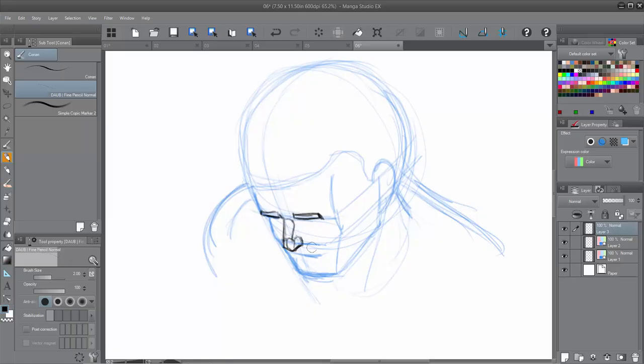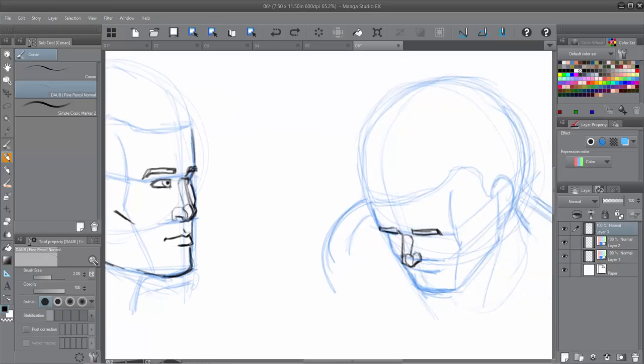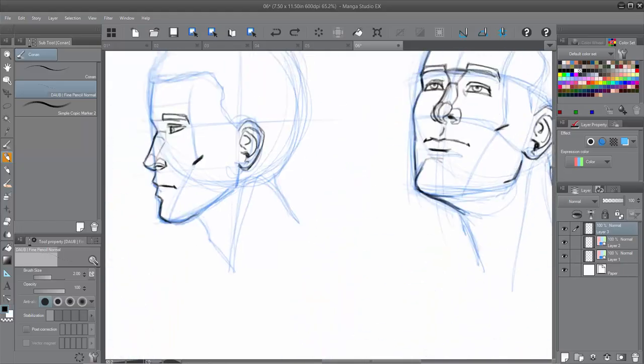Alright, so this line is where the bottom of the nose is, where the nose connects to the face here. As the head tilts, we're going to be able to see less of the mouth, or rather the nose is going to start overlapping things and hanging out from the face. For example,